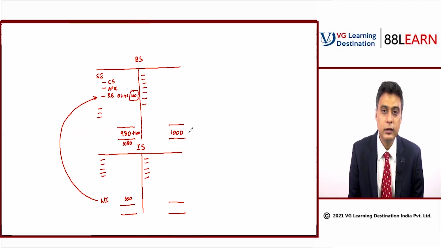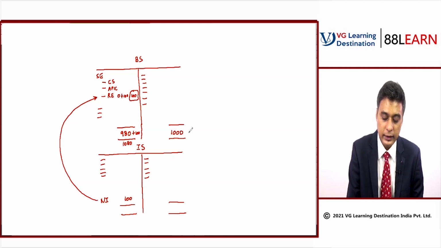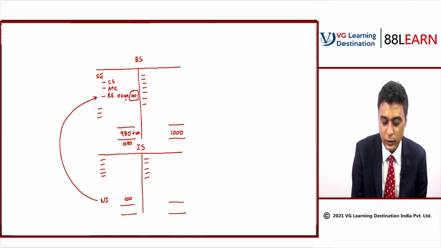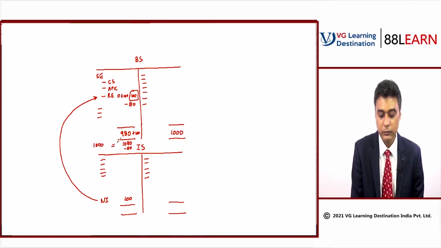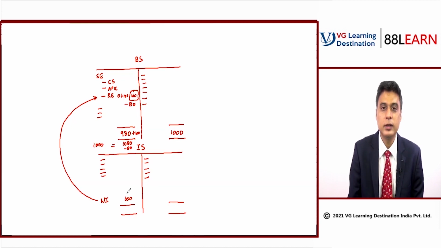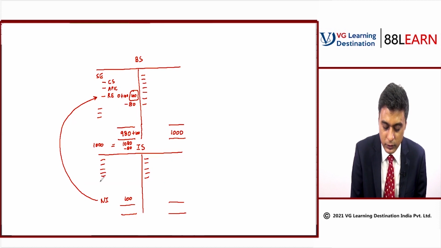Your balance sheet is not tallying. Therefore, what you need to do is you need to adjust the retained earnings so that your balance sheet tallies. That means you will have to reduce 80 from your retained earnings, minus 80, so that this becomes minus 80 and it becomes 1000, right? To reduce 80 from retained earnings, you need to reduce 80 from net income, right? That means you will have to book some expense so that your net income decreases. So what we do is we book a remeasurement loss.